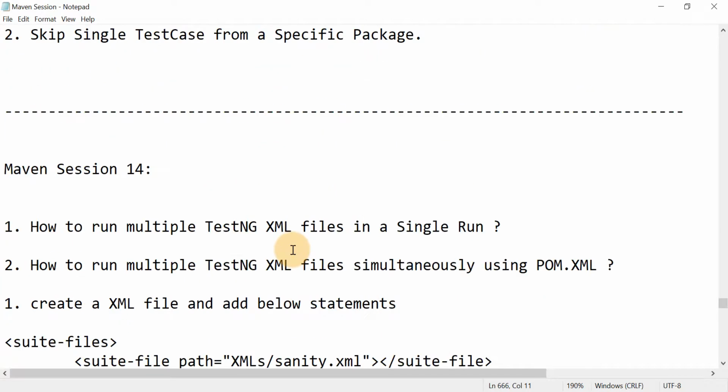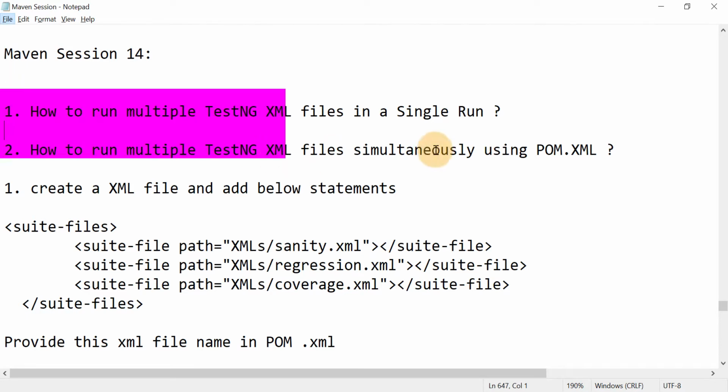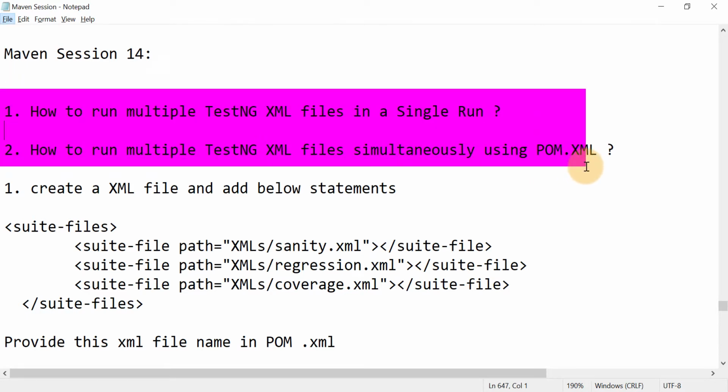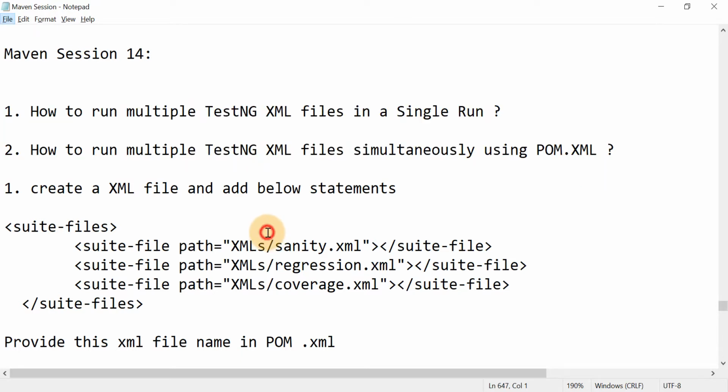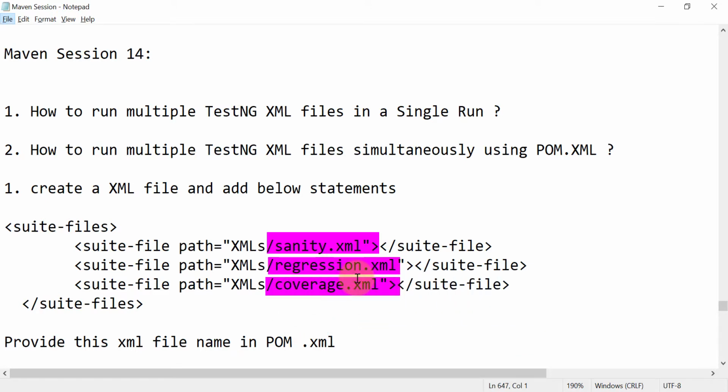So that's all for this session, guys. I hope you have understood this concept. You may face questions related to this concept, running multiple XML files simultaneously or in parallel mode, in interviews. I hope this session will help you to prepare for that, and you can use this concept in your actual framework also. Create multiple XML files, run them one after another. It will save your time. You don't need to monitor the execution of any XML file and then run the separate one, and after completing that, run the next one. All these things should start automatically. Only once you need to run your project, and execution of the multiple XML files should start automatically one after another.